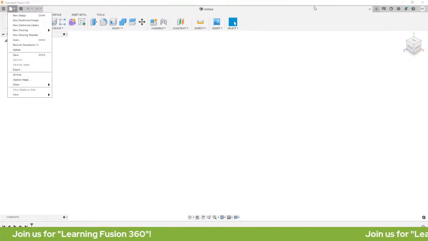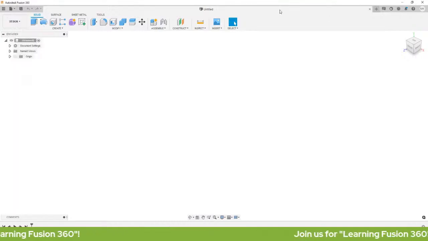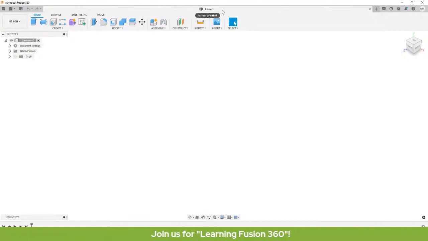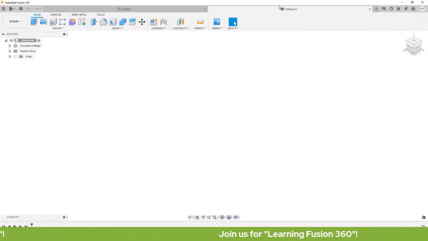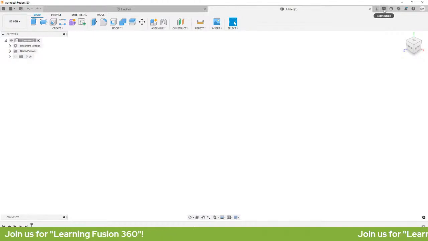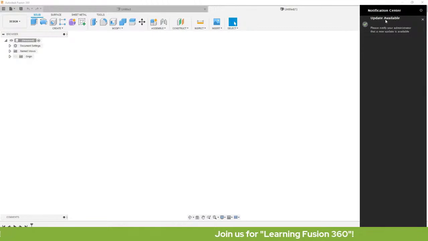Here we have our open design tabs, our untitled one. Here we have new design, the plus sign button, where we can create a new design. Once I click it, I have another untitled one. We also have our notification center, in case there's an update.